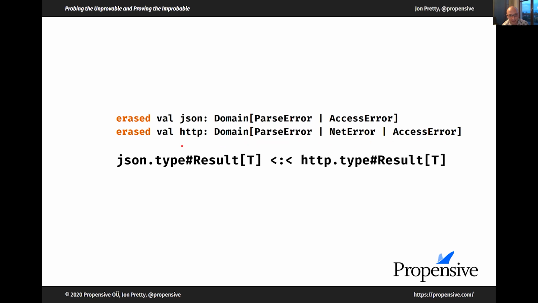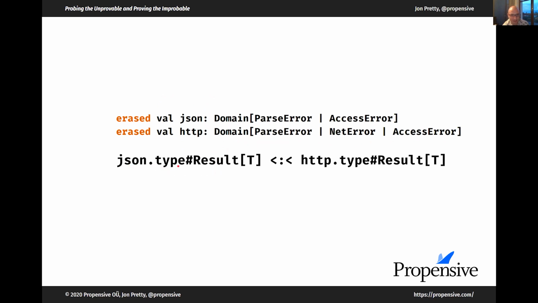What erased means is that these values don't actually ever exist. There is no stack value or no heap value corresponding to an instance of domain. It doesn't exist, but we can treat them like a value at compile time as long as we don't access any of the members of them or access them in a value position. But we can access them as a singleton type.